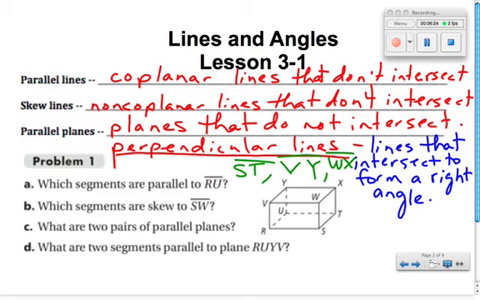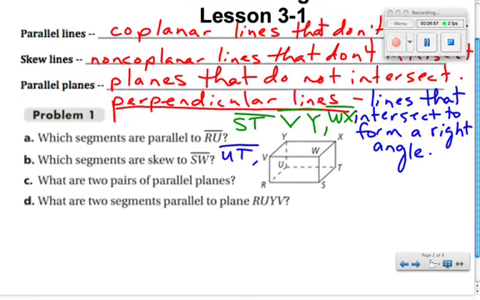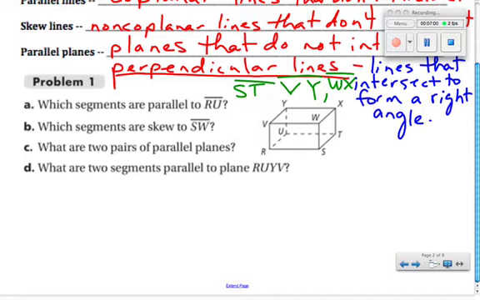Sometimes that's a little harder for students. Alyssa. UT. Say that again? UT. UT, yes. There's more. Someone else, please. Another segment skew to SW. I'd like to hear from someone else. Matthew. YX. YX is also skew. I'm running out of space here. Let's do this. What did we say? UT, YX,